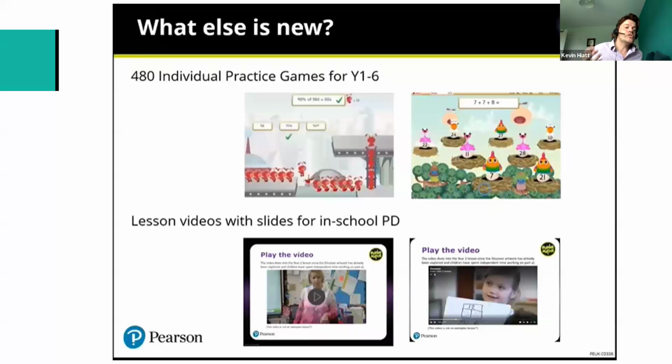And then we've also improved our on-platform professional development as well. So for each area, discover, share, think together, and practice. These are the key elements of a Power Maths lesson as you move through. There's an example of a lesson from most year groups in the notes section. And there's also videos of real lessons taught in a Power Maths school. So you can see what good practice looks like and how Power Maths actually works within a classroom. This PD can be used individually and watched as and when it's needed, but it could also be used as a team for whole school professional development or maths team professional development as well.